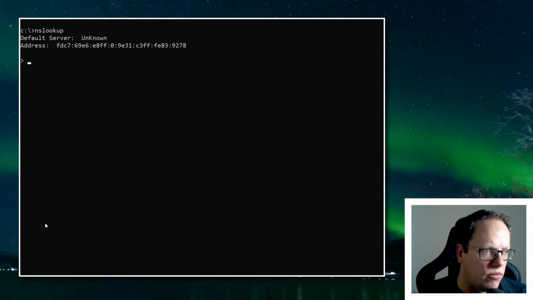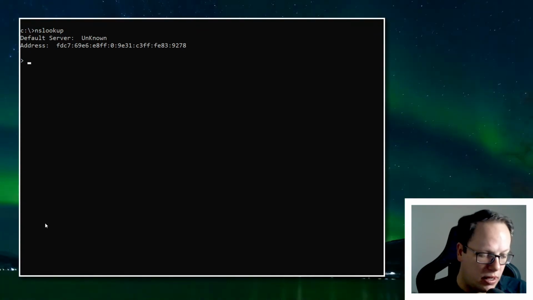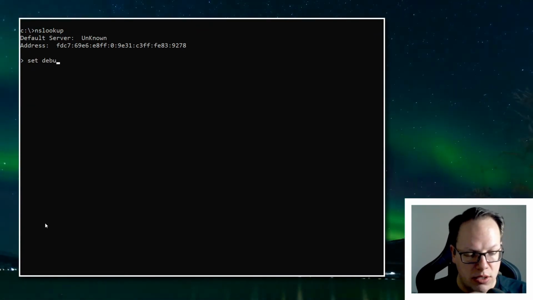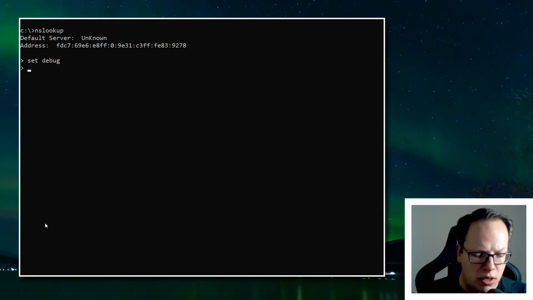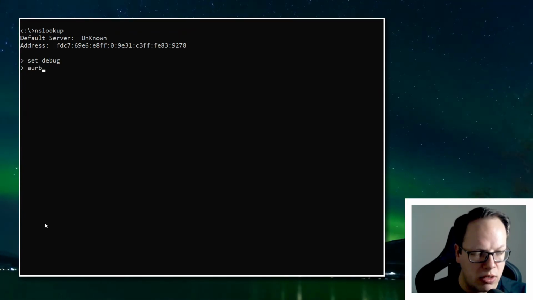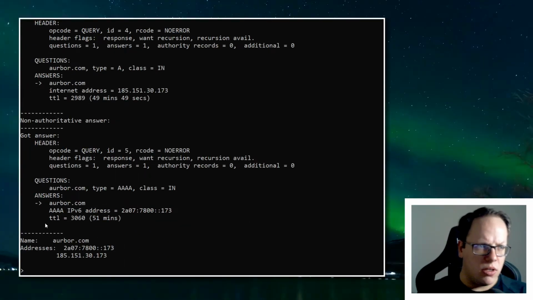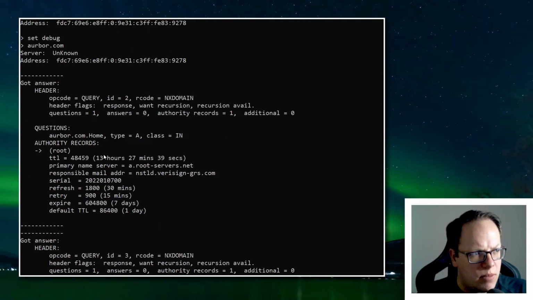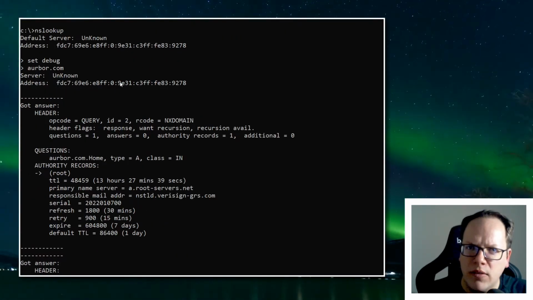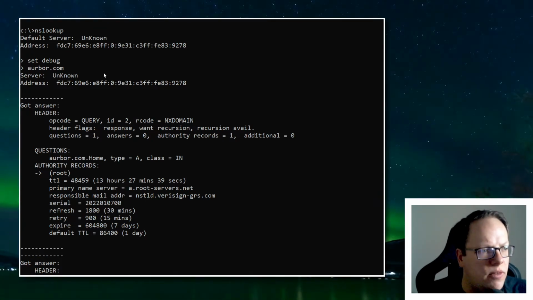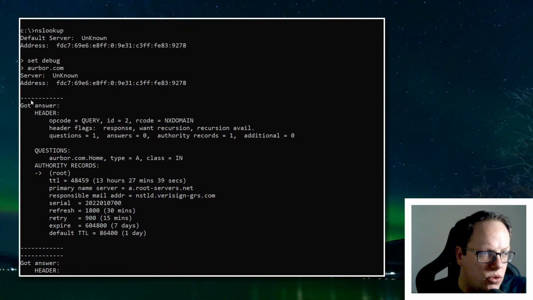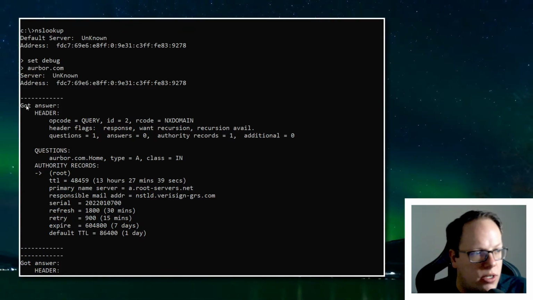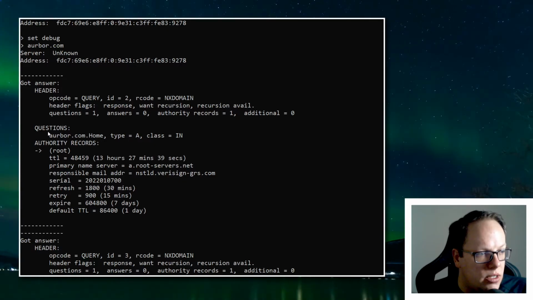One last option here would be when we're running the NSLOOKUP tool. If you use set debug, it doesn't really change anything. But at this point, if you give it a domain name, it'll come back and give you the steps that it took specifically to go off and find a response for you. So it goes through each individual question and answer. This answer is for